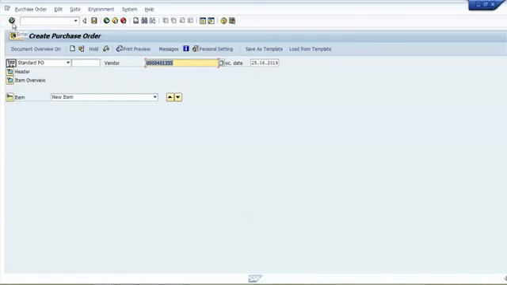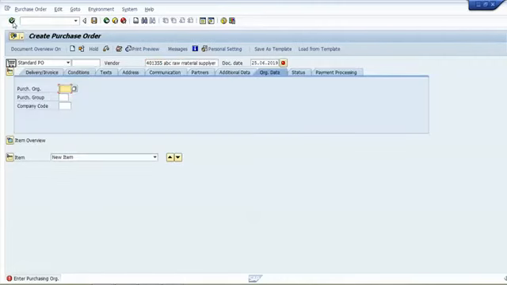When we click on the green button or press the enter button, the system will pull the data for this vendor into the purchase order. I will show you this. So click on this enter button. Now see, the system has shown us an error message: enter purchasing organization.